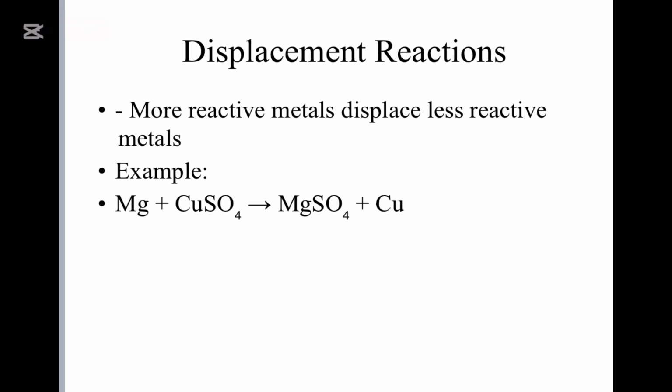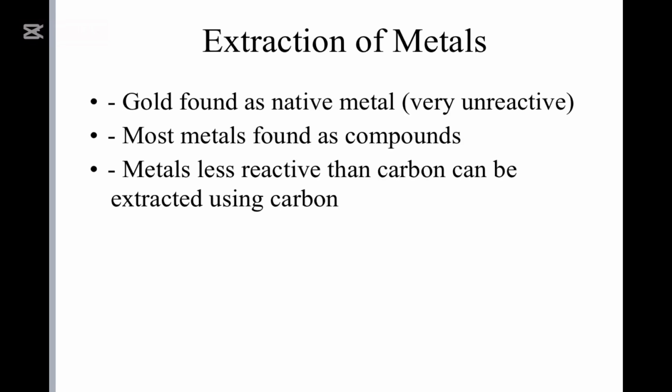Let's go to extraction of metals. Under the extraction of metals, we should know that gold is found as a native metal, very unreactive, so it is found naturally. While most metals are found as compounds, meaning those are more reactive than gold, because a more reactive metal will tend to combine with other elements. Yes, here is a table